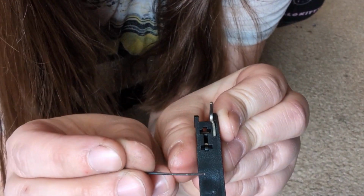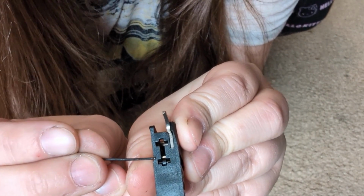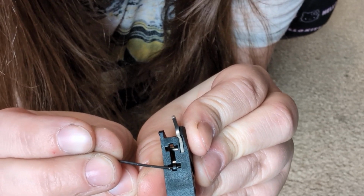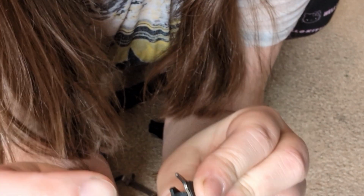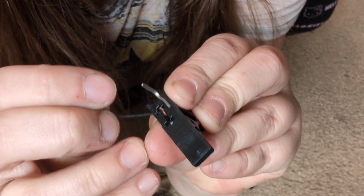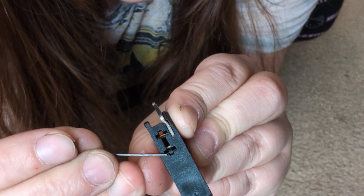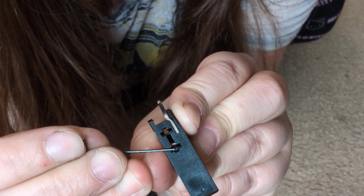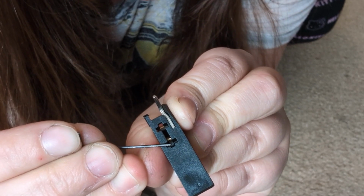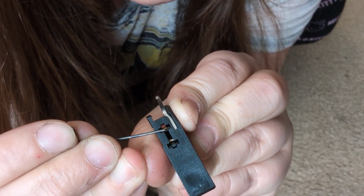Now, if you look, there's this slot here, shaped like an eye. It's the same on the Gen 5s. And you can see at the top of the eye, there's nothing in there. I can stick my little tool in there and there's nothing there. And on the bottom, you can see there's a little T-pin there. What we are going to do is move this T-pin from this slot on this eye-shaped thing to this slot. The way we're going to do that